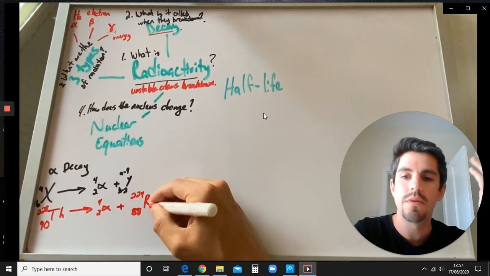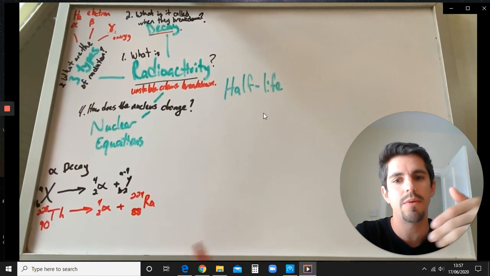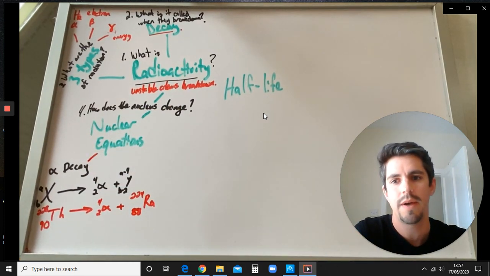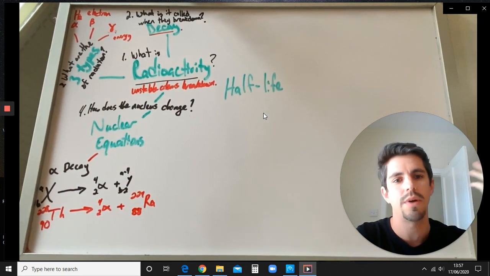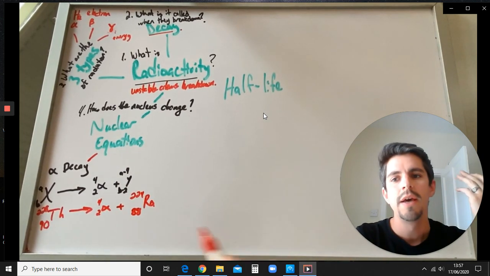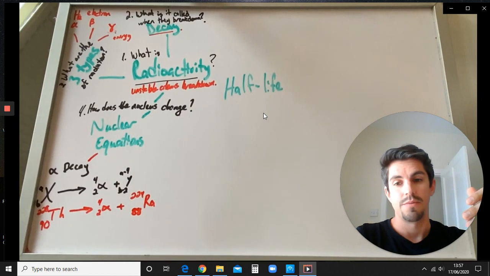Okay? Then you take that 88, you look on the periodic table. That wasn't just magic. I had the periodic table in front of me. Okay, so you look that up, and then you know straight away that's radon, because radon has 88 protons. Okay, that's alpha decay. That's your first one.